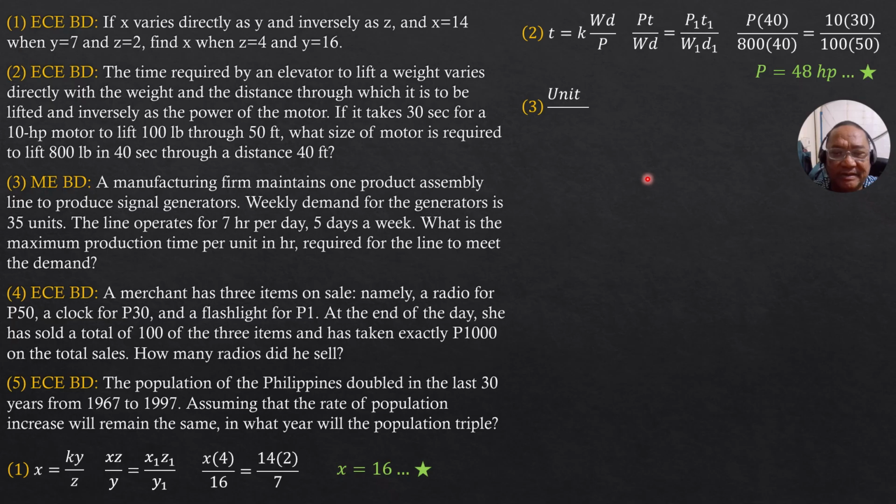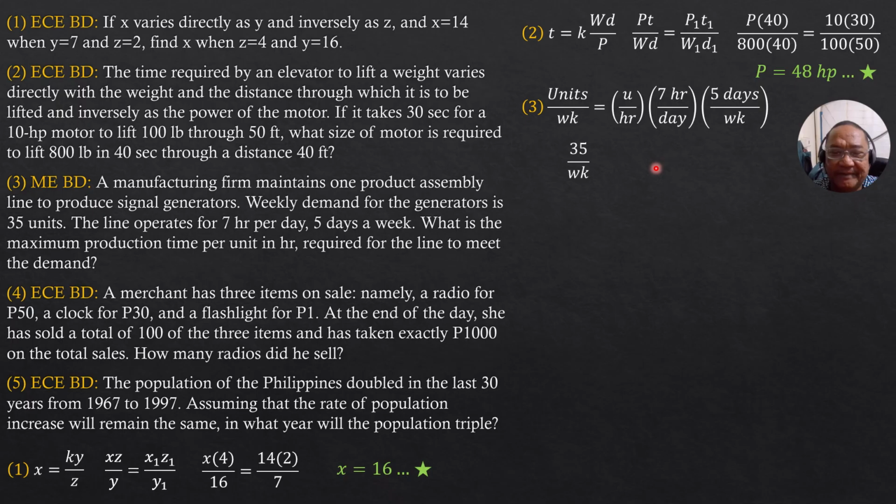So 3 units demand per week equals units per hour to be produced, times 7 hours per day, times 5 days a week. So it will be consistent. So we have 35 units a week, and this is also the number of units per week based on the number of units to be produced per hour.